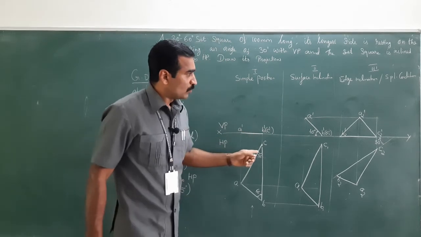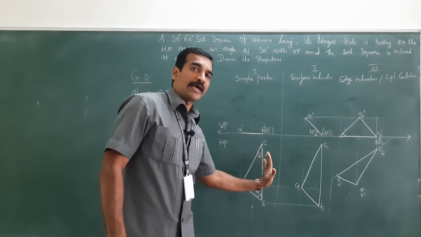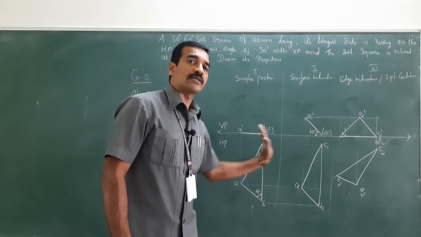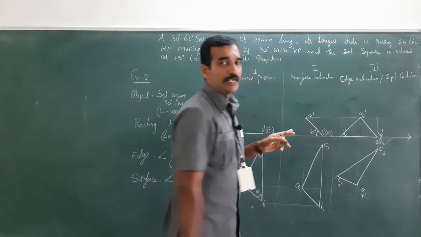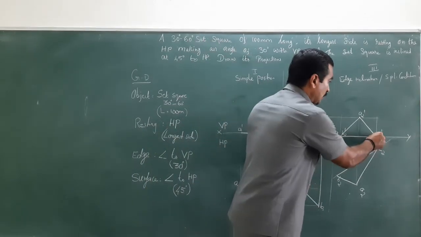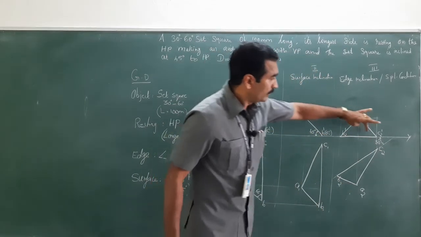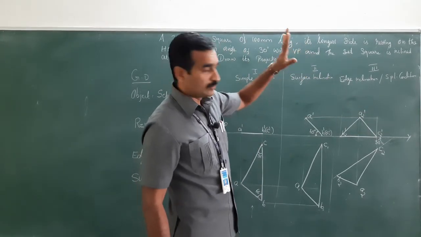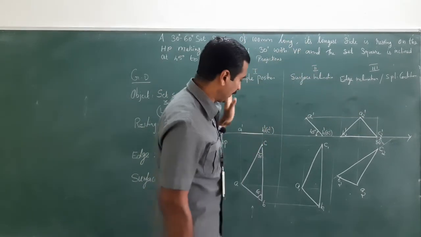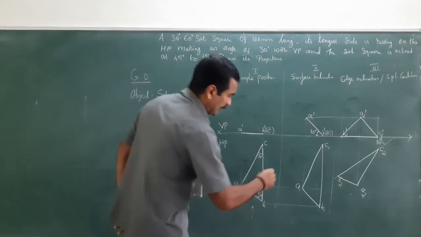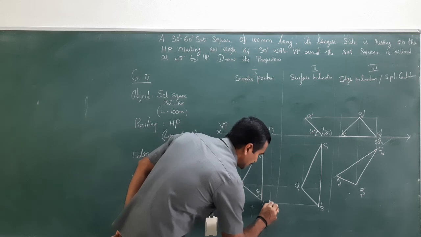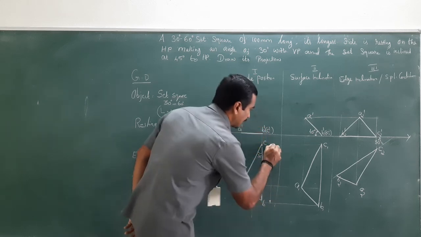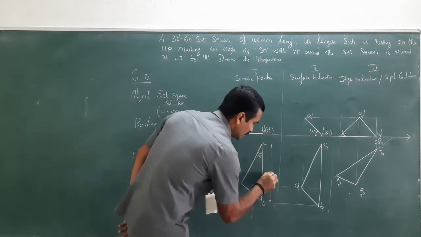Right. Look at here. What is the condition? I kept the longest side, which is on the right hand side, resting on HP. CB. Look at here. CB is resting. In the final stage, look at here, CB is resting on the HP. Right. Next, what I have to do? I have to do the dimensioning work here. So this is the one and only dimension which is given, that is the 100 mm, which can be written over the dimensioning line, 100.